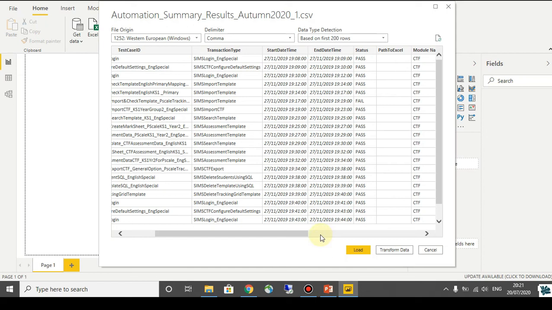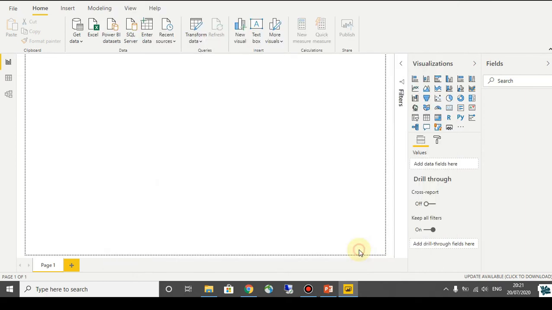If we want to simply import the file, then we can click on the Load button. If we want to perform some combinations or calculations, then we can simply click on Transform Data. For the time being, we can click on Load. It will simply load the data from the CSV file into the Power BI tool.